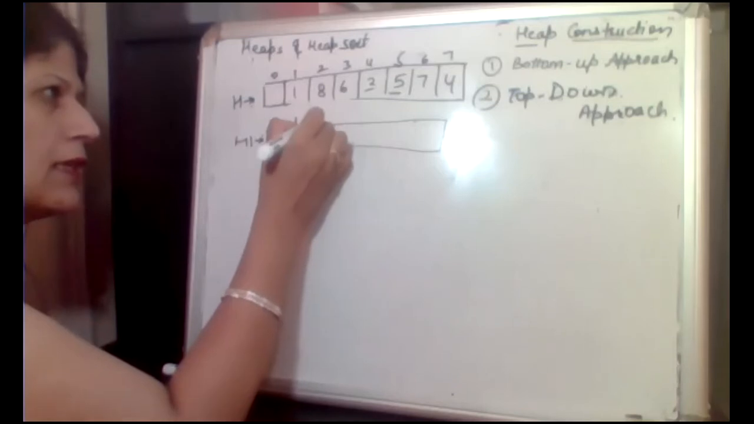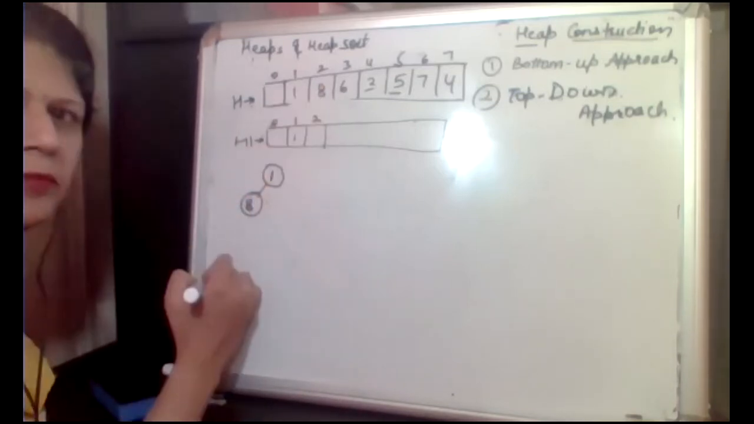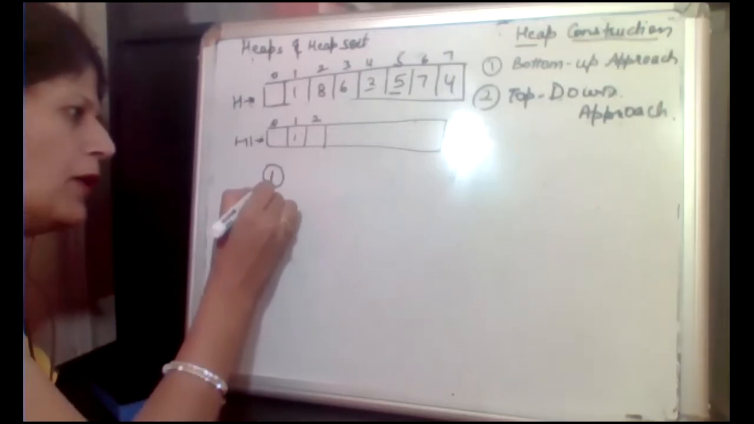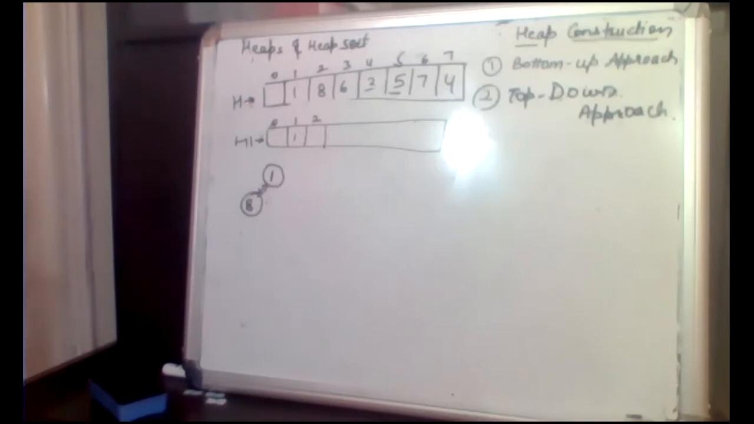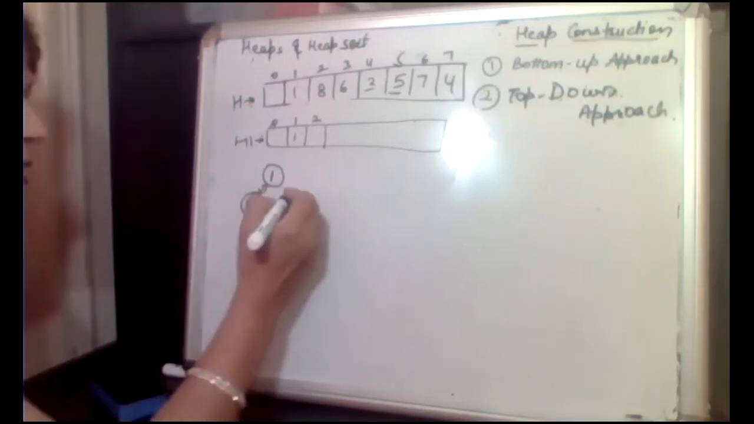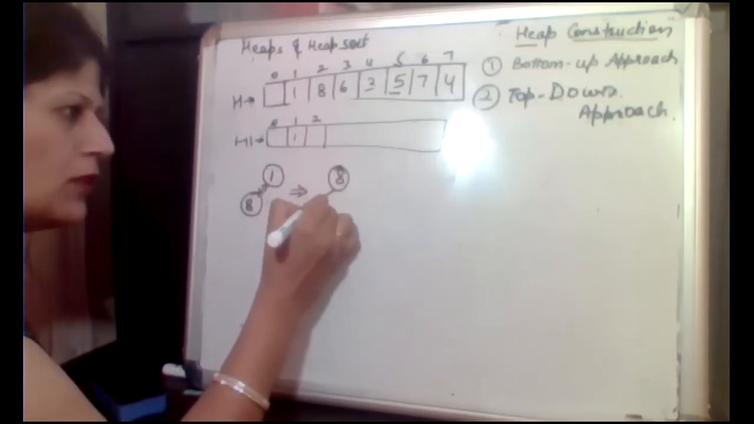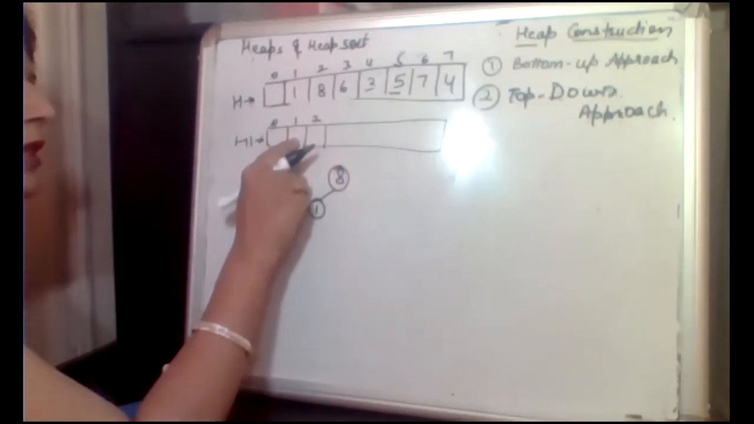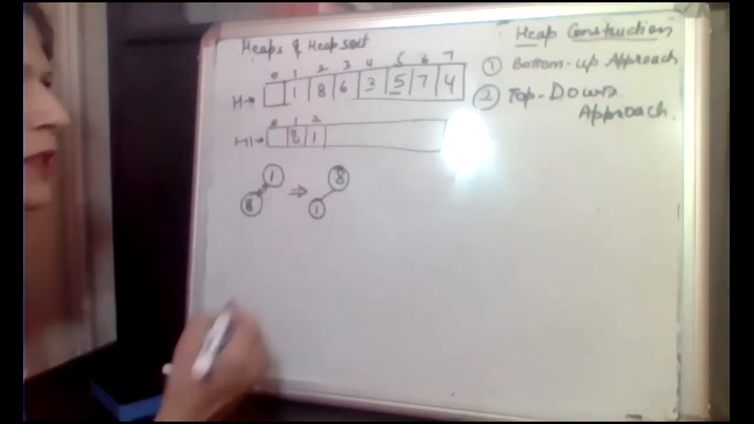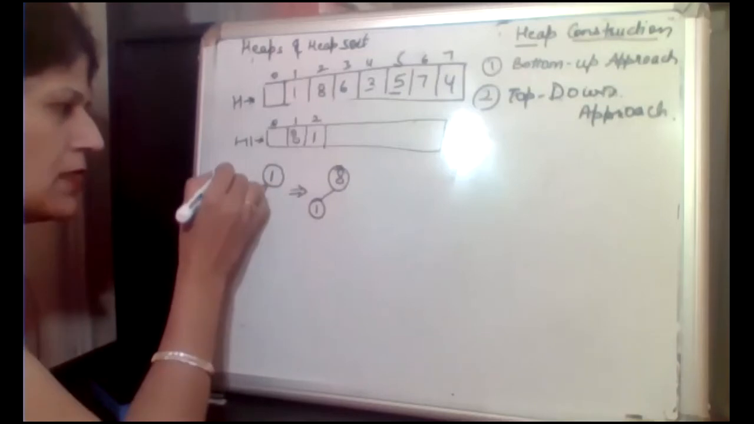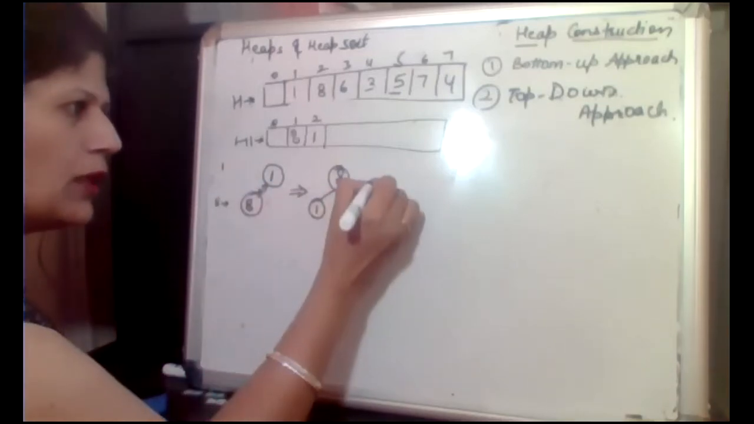At the next index we include 8, and then we compare it with the parent node value to see if the parent dominance property is satisfied. In this case it is not satisfied, so it will result in this kind of tree. This will be changed to 8 and this is made equal to 1. So we have first included 1, then we have included 8. Now we are going to include